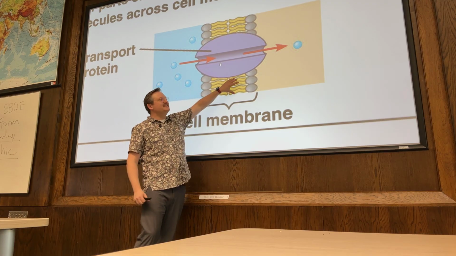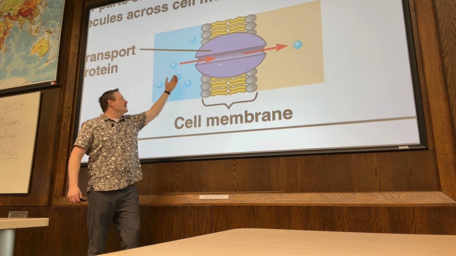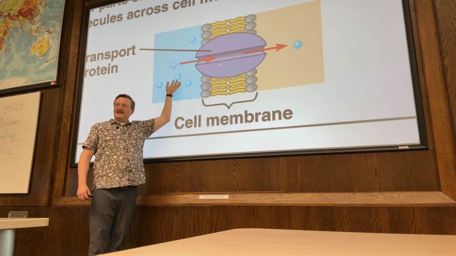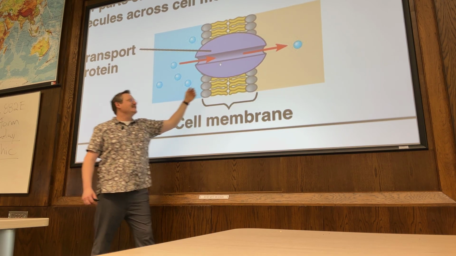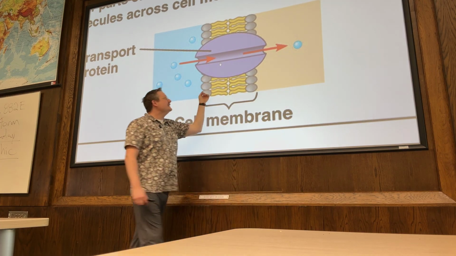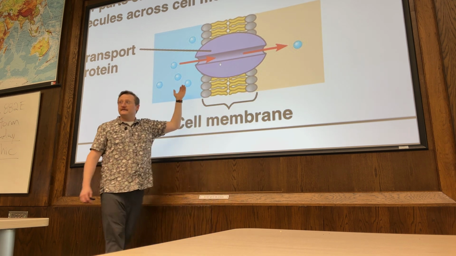That means that this is a hydrophobic solution. That means that the molecules that dissolve in the water outside of a cell, the aqueous solution outside of a cell, and the aqueous solution inside of a cell, they won't freely cross the cell membrane because they are hydrophilic